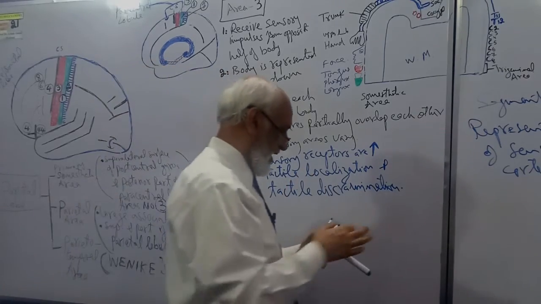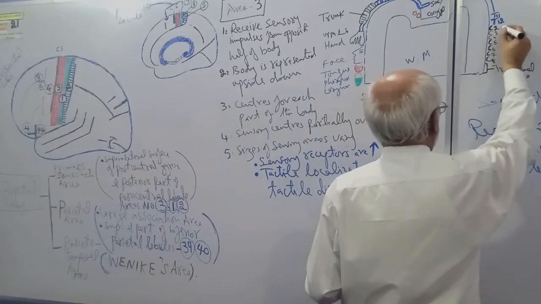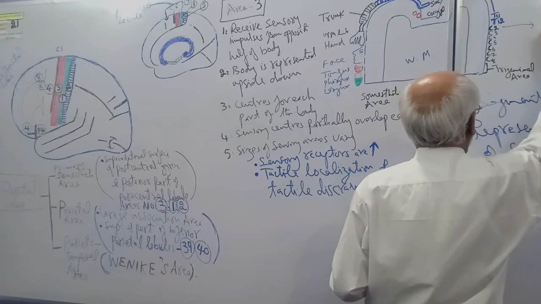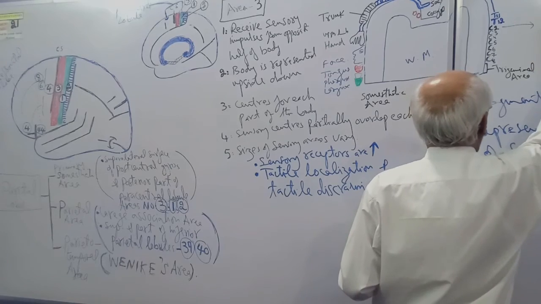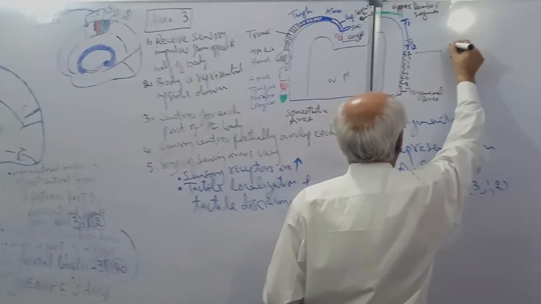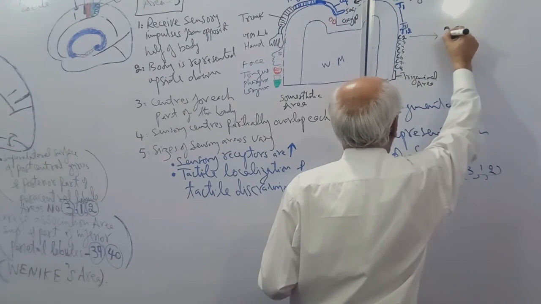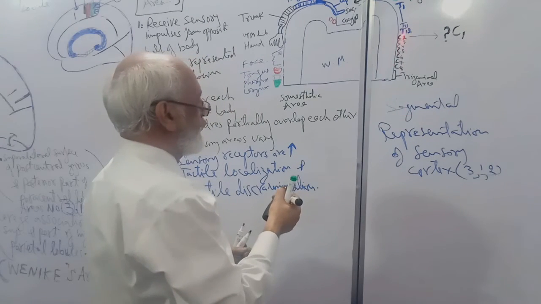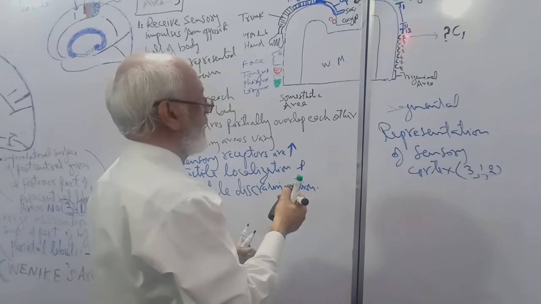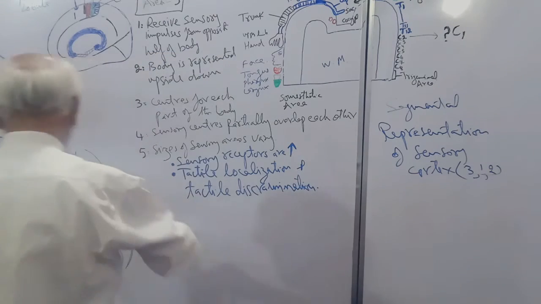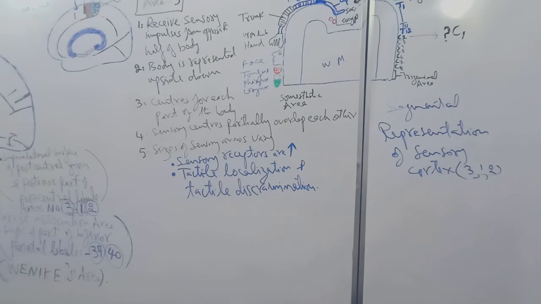Now the question arises here. This is C2. Where is C1? It is not here. First cervical spinal segment. Here is the query. Next to C2, there should be cervical 1. No, there is no cervical 1. Then the thoracic segment starts. Why? I told you,